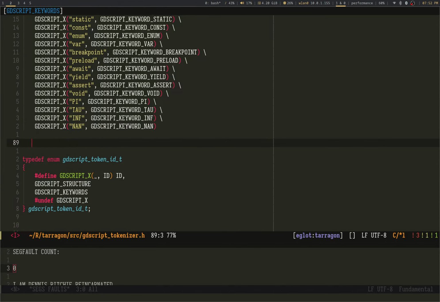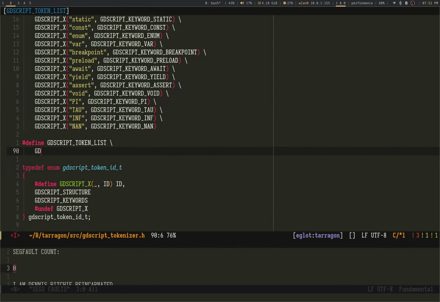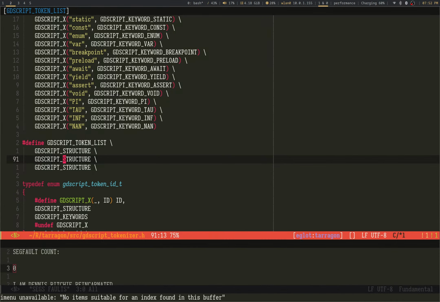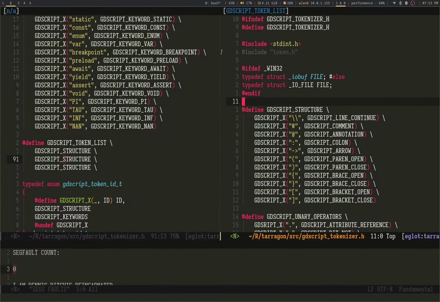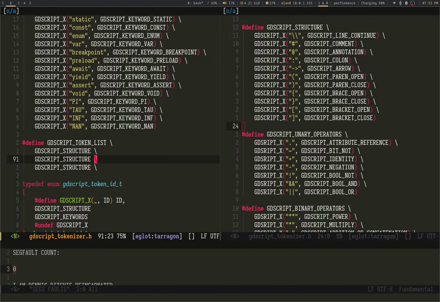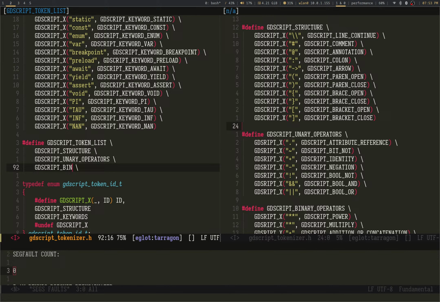In fact, I can just hashtag define a GDScript token list, and this is going to be a structure, and so on and so forth. What else do we have? Let's mark this as structure, unary operators. This is how you know it's a real C string.